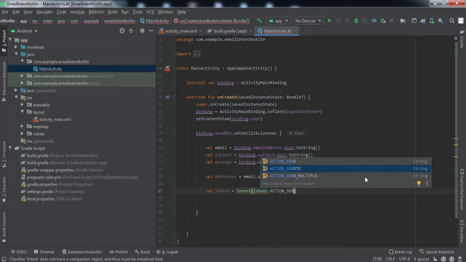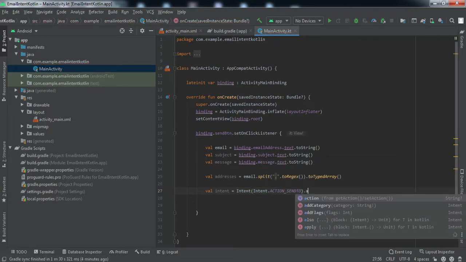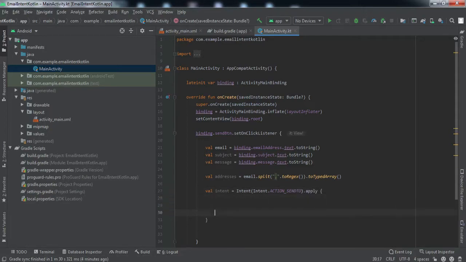If you want to put in one attachment, you have to use ACTION_SEND. But if you want to put multiple attachments along with the intent, then you need to use ACTION_SENDMULTIPLE. But as of now we are not going to put in any attachment, so I'll use ACTION_SEND_TO, right? Then we'll use dot apply.